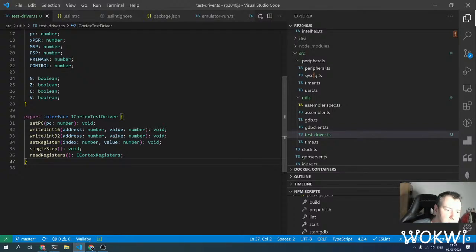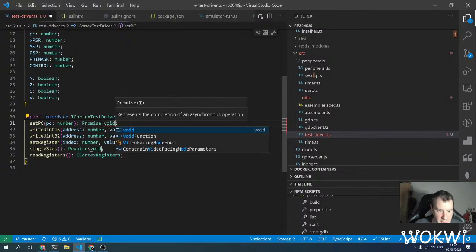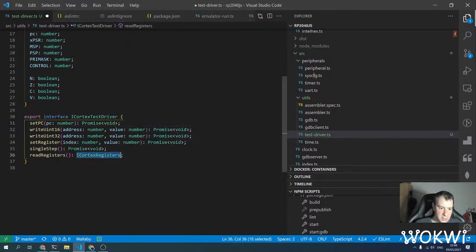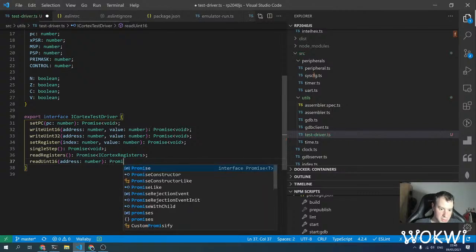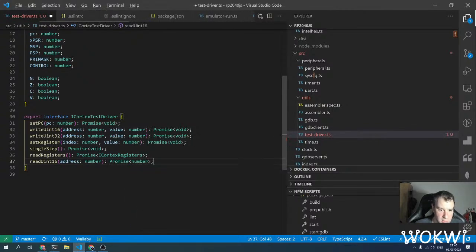Yeah, I don't see why it doesn't like the fact it's async. Probably I should just say it's returning a promise instead of using the async keyword here, which is basically the same. And let's also add readUint16, address number, which returns a promise of a number. And same goes for readUint32. And then we can implement